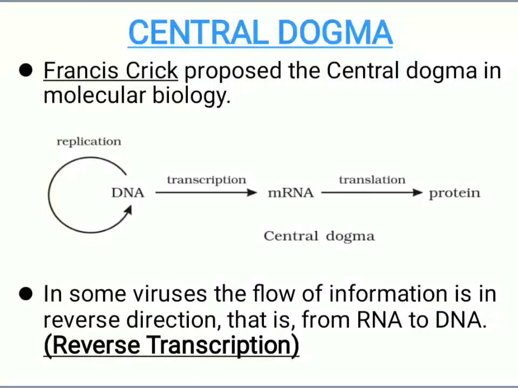So let's get started. After the proposition of a double helix structure for DNA, very soon Francis Crick proposed the central dogma, which states that the genetic information flows from the DNA to RNA and RNA to protein, and it involves three processes. Number one is replication, that is the doubling of DNA. Second is transcription, which is copying of genetic information from one strand of the DNA into RNA. And third is translation, that refers to the process of polymerization of amino acids to form a polypeptide chain, means proteins, by the sequences of the bases which are present on mRNA.